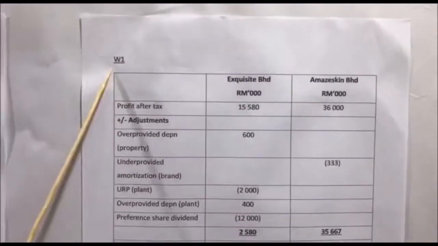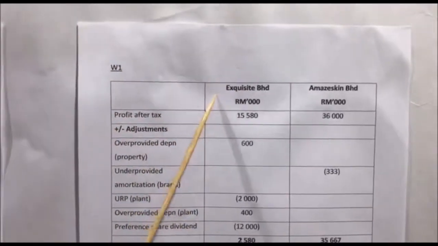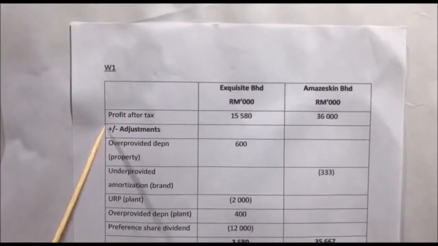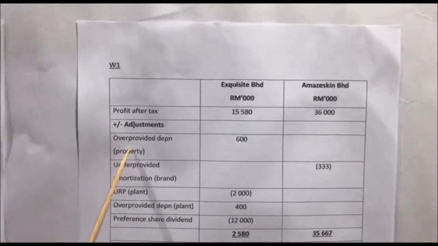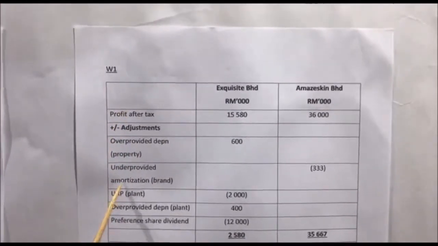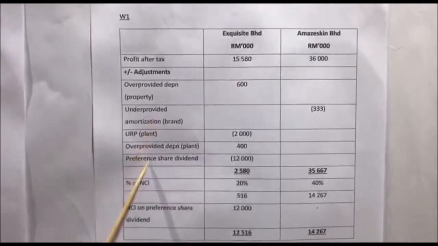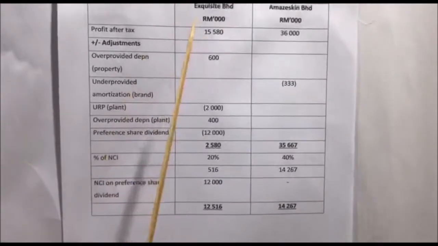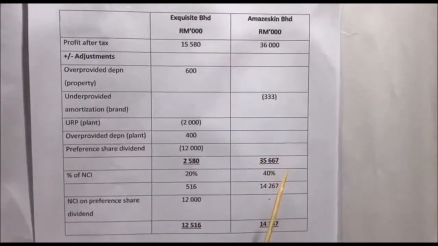For the NCI of Exquisite Berhad and Miskin, we will start with the profit after tax of both companies, and then we will plus or minus the adjustments, which include the provided depreciation, under-provided amortization, unrealized profit of plant, over-provided depreciation, and preferential dividend. After all the adjustments, for Exquisite Berhad we will get 2.58 million, and for Miskin Berhad we will get